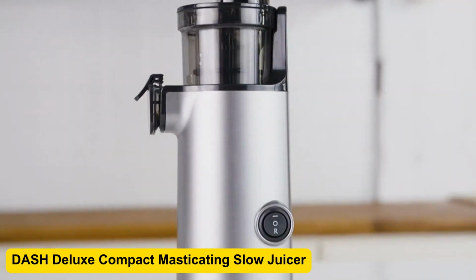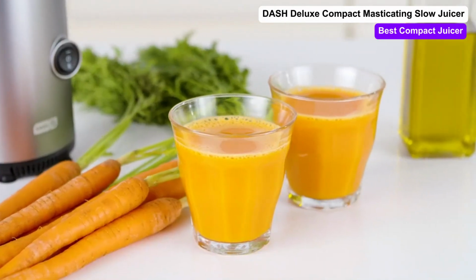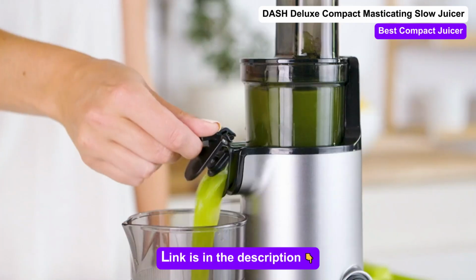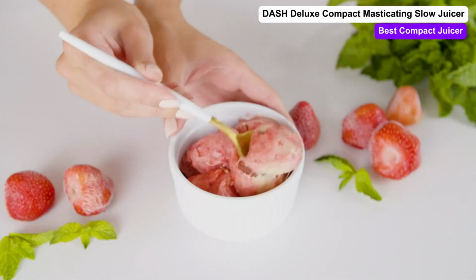Deluxe Compact Masticating Slow Juicer. Small but mighty, the Deluxe Compact Slow Juicer is perfect for extracting every last nutrient from your fruits and veggies. Its 130-watt motor ensures you get a smooth, pulp-free juice, while the included frozen attachment lets you whip up homemade